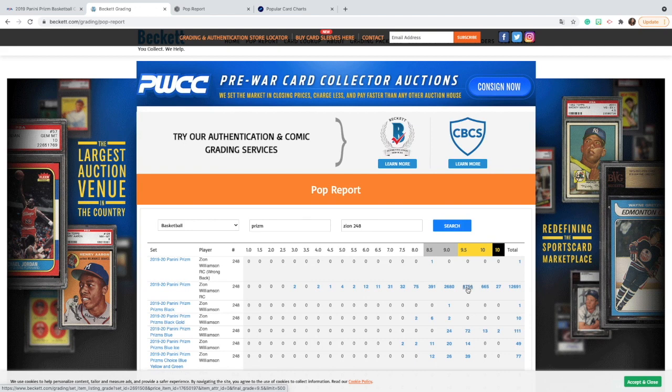There's 8,756 PSA. Holy shit. BGS 9.5s. As you're going to see in the chart, this is very high. I think it's almost a 70% gem rate, which is pretty high, a lot higher than PSA's. And we got the 9s at 2,600. Again, I'm going to do a chart that's going to make this a little bit easier to understand, and you'll